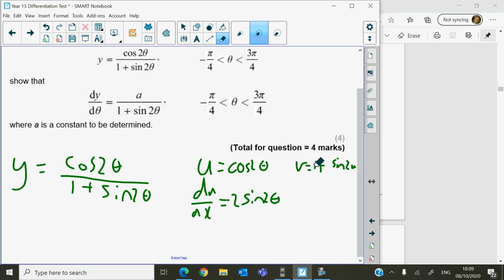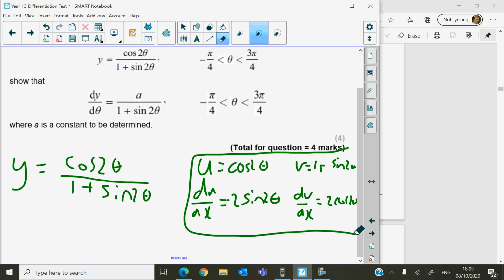Well, it's going to be the same sort of idea. When I differentiate that, 1 will go to nothing. So I'm going to have dv by d theta. The 1 goes to nothing. The sine 2 theta is going to go to 2 cos 2 theta, again using chain rule. Okay? So this is our starting point. We've got the things that we're going to refer to later on. We've got the top, cos 2 theta, d top, minus 2 sine 2 theta, and the bot, 1 plus sine 2 theta, and the d bot, 2 cos 2 theta. So